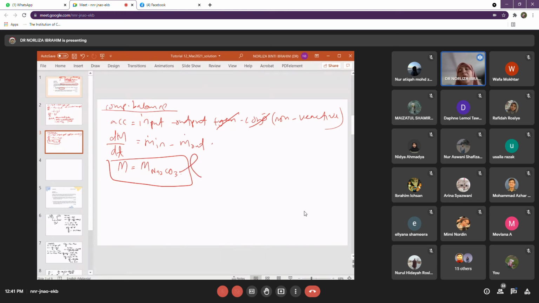Because if you replace M with M natrium bicarbonate, how are you going to see the change of the sodium bicarbonate in the tank with respect to time? M has already been used initially for the total mass. So the change in the tank with respect to time. Now I want to see the change of the sodium bicarbonate in the tank. If I just put M here,